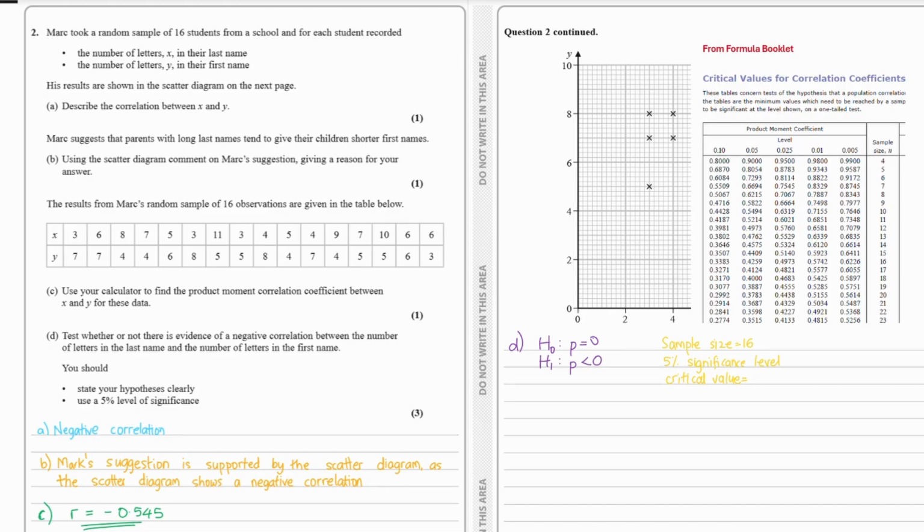So from the statistical table, the n is 16, so we are going to use a sample size of 16. And because we are testing for a 5% significance level, we are going to look in the column of the 0.05, and the value that matches those is 0.4259. However, because we are looking at it being less than 0, this time our critical value is going to be negative